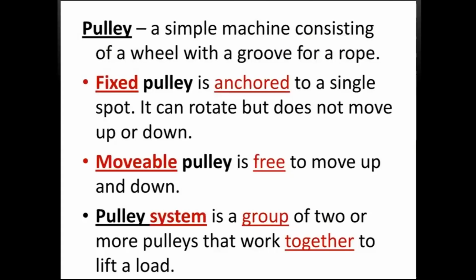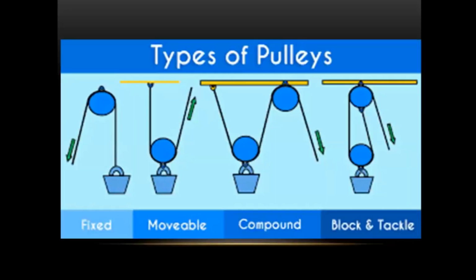So what did we learn so far? We learned about pulleys, parts of pulleys. I told you there are 3 types: a fixed pulley, a movable pulley, and a pulley system. Fixed pulley can rotate in its own axis, but it cannot move. A movable pulley can rotate and it can also move up and down. A group of pulleys is nothing but a combination of pulleys. So in all the 3 cases, we learnt about the mechanical advantage and the velocity ratios.